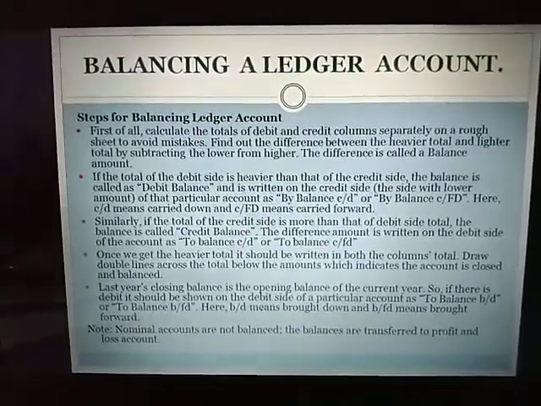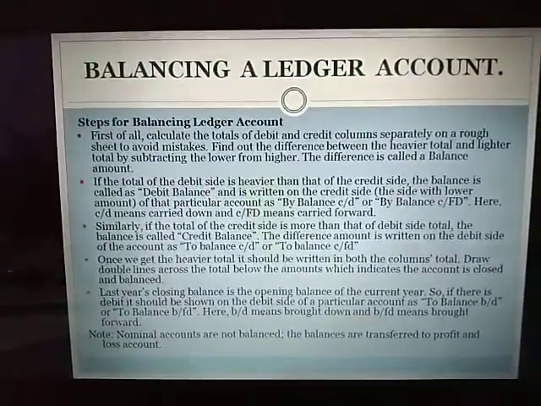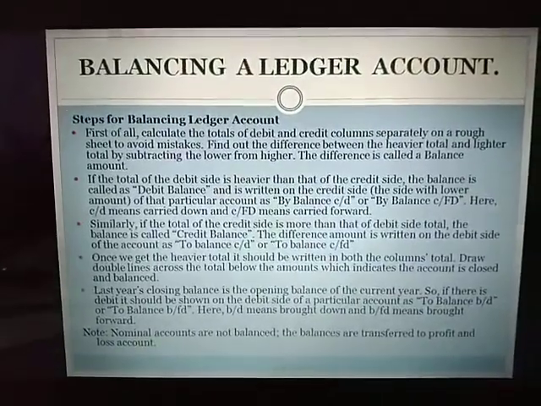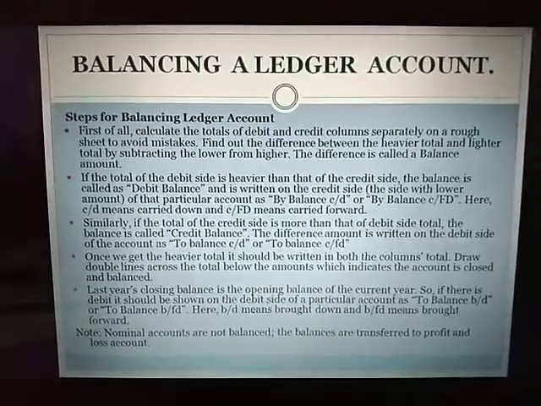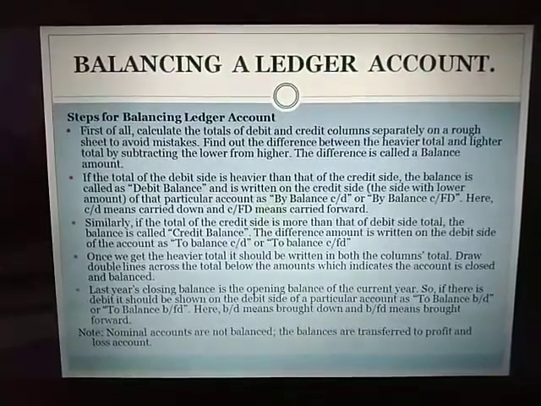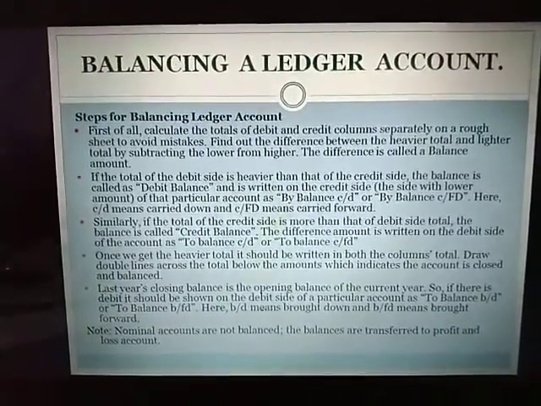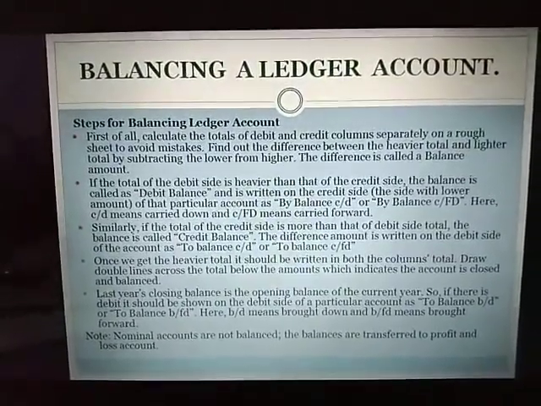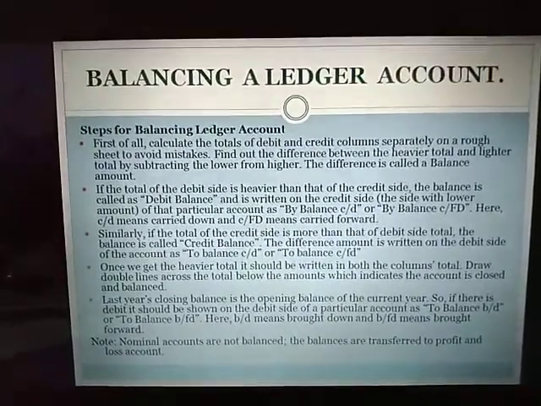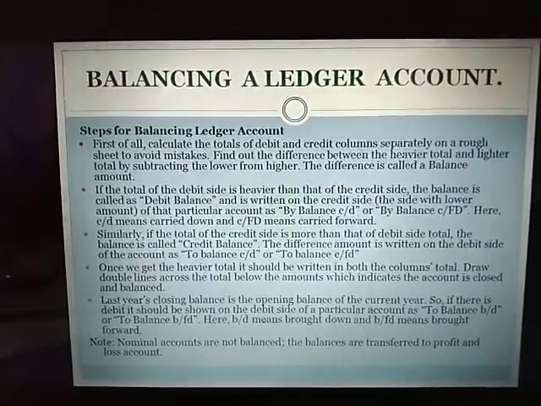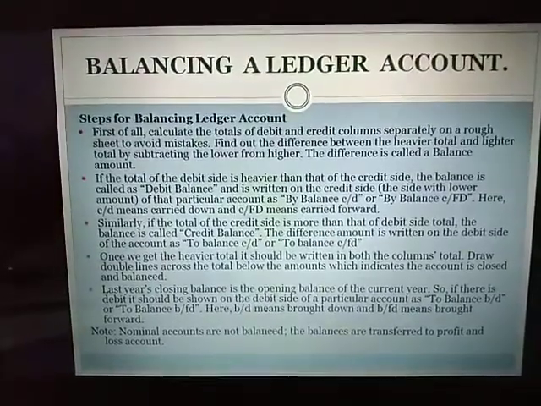Okay, now for example, if the debit side gives us a much higher value than the credit side, we call it a debit balance. Then for balancing that cash account, we have to put the difference amount. That means the debit side is higher, so debit side minus total of credit side, whatever value you get, you will put it in the credit side and write down as "By balance c/d", and then add up and make both the sides equal.